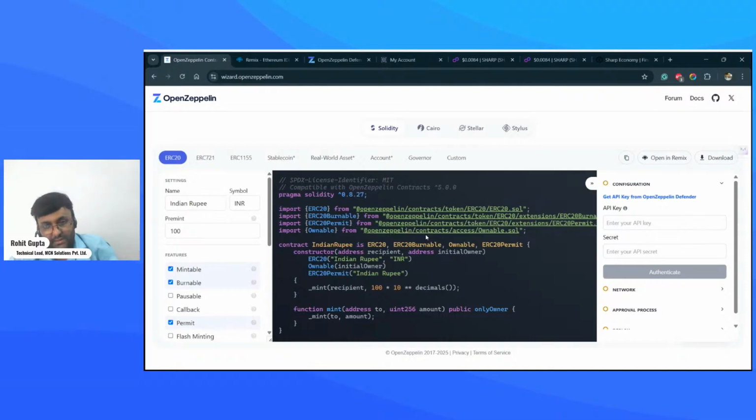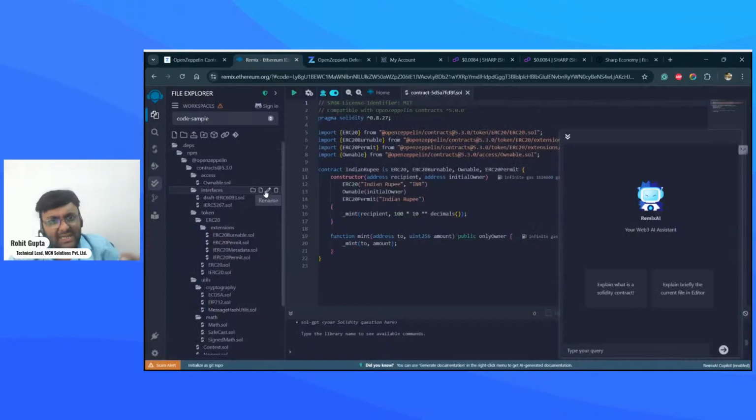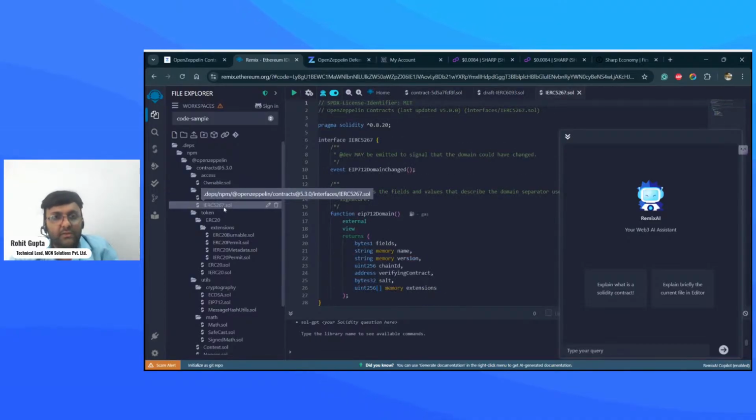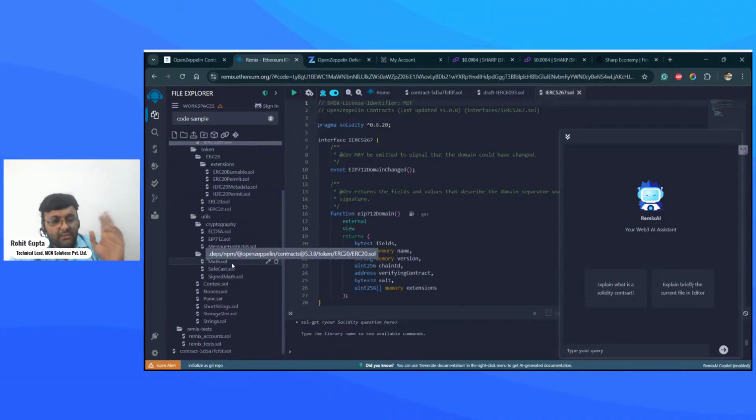But when I create it into a full scale project, if you see on Remix, the number of files is huge. We have a lot of files working at the backend. Although you don't need to understand this, just visualize how complex things can be and how much easier they are currently. So I'll not be going with Remix.